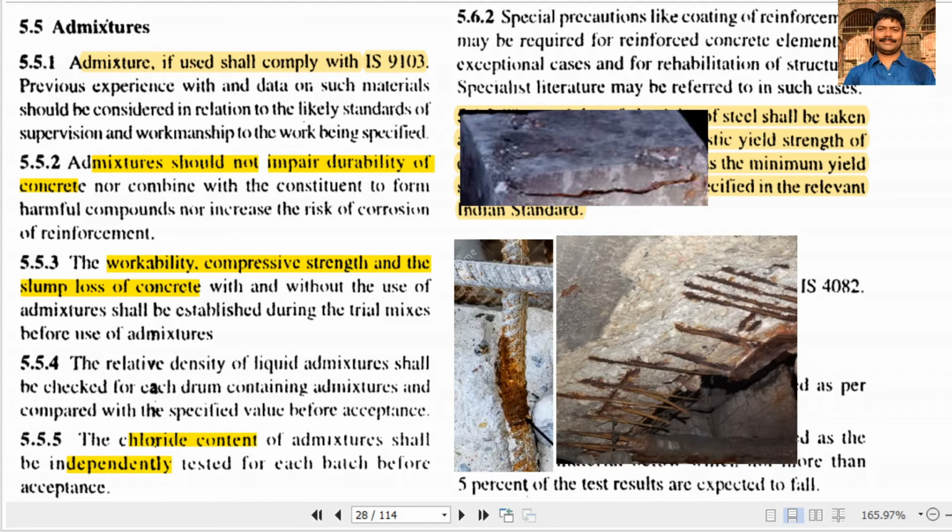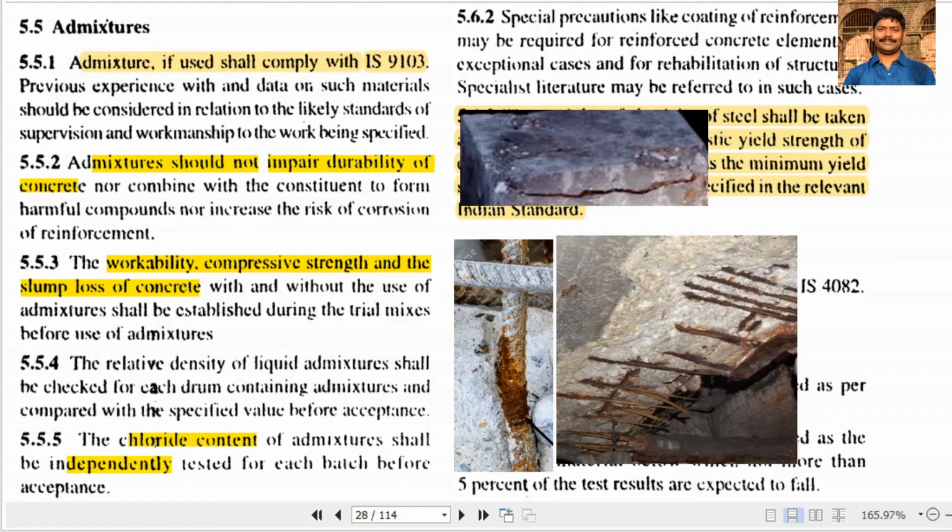What happens if there is a high amount of sulfate, or sulfur, present in the concrete? The source of the sulfur may be your water, or the soil. So if you are placing concrete near the foundation, there will be chances of sulfate attack on the concrete. Sulfur may be present in soil, water, or aggregate too. There can be some percentage of sulfur.